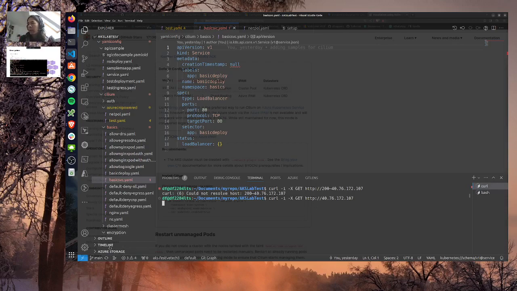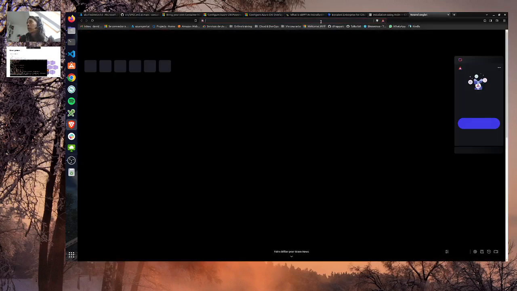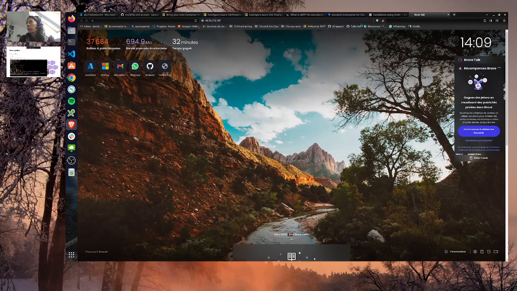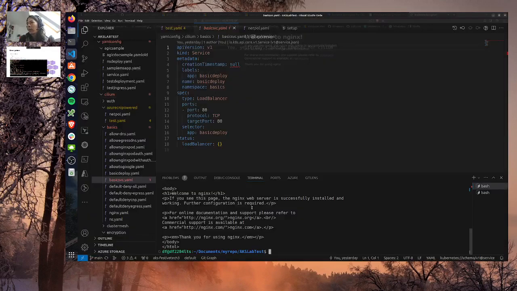And I can also get this IP address and maybe go into the navigator over there. It will be this one, and do that. Okay, we can see that I do have my Nginx available. I can curl it also.